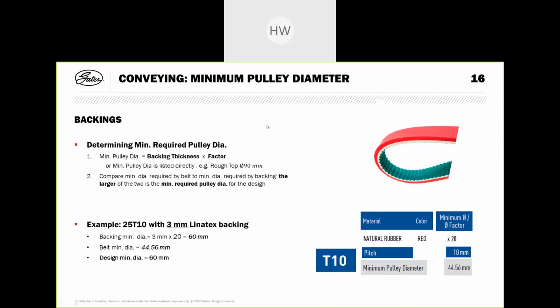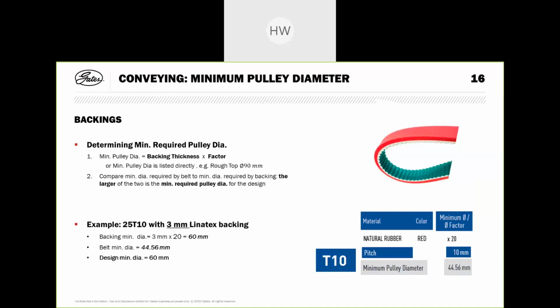We talked about minimum pulley diameter, and especially on conveying applications, we often see belts with backings on them. Backings provide different features to the belt. Mostly it's high friction backings to convey different materials. Sometimes it's low friction backings or cushioning